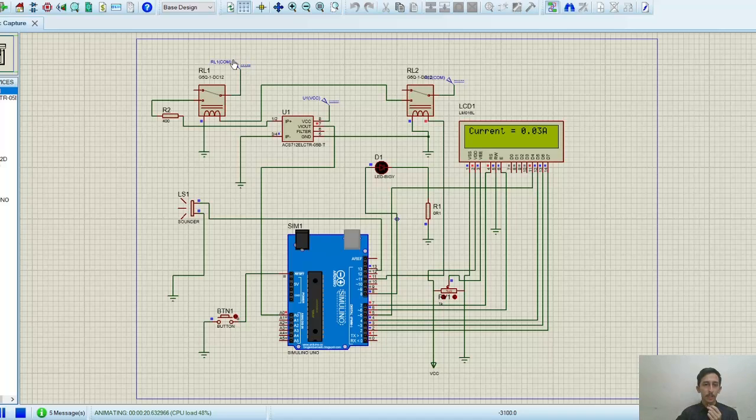So the value of voltage that I put is 12 volt and the relay is 400 ohm. So it will divide and then it will put 0.03 ampere. From my research, a 12 volt relay in good condition is around 30 milliampere until 100 milliampere. Okay, so for this condition the relay is in a good condition, so I need to change the value of